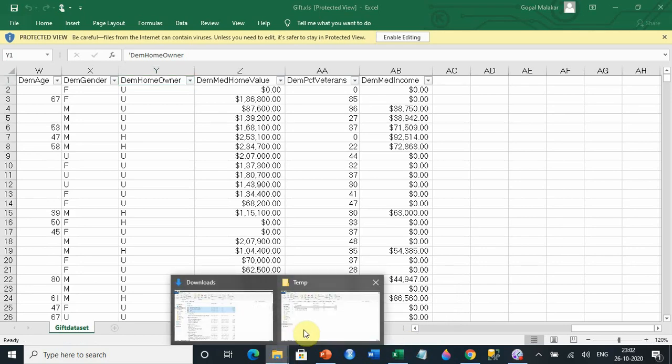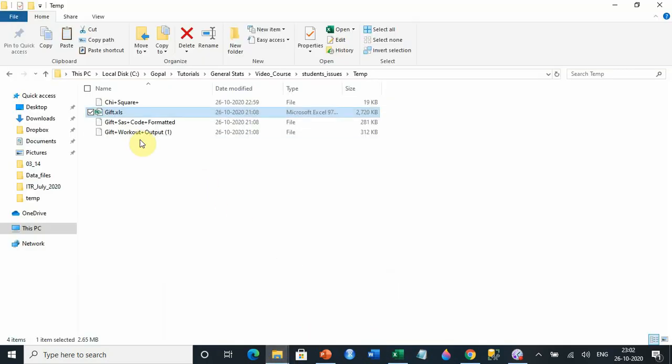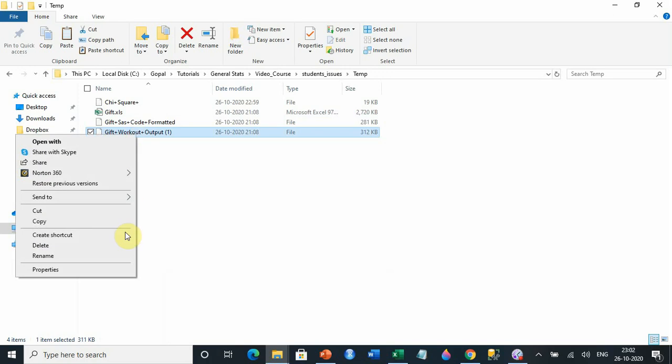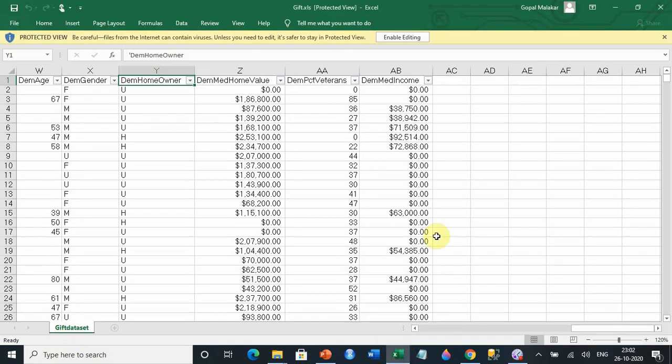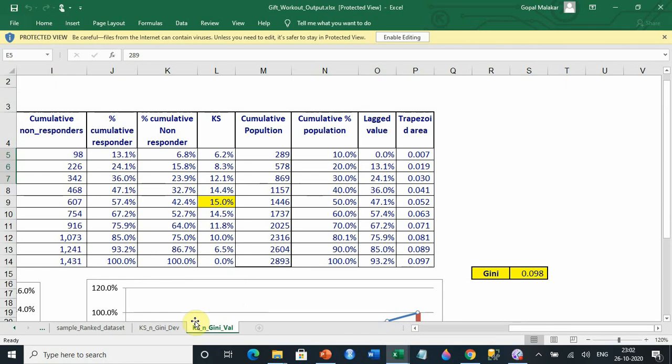Take a look at the other XLSX file. This is the XLSX file, meaning the latest format Excel file. Here I'm again replacing the plus with an underscore, and at the end I'll put XLSX. You hit enter here. Now you just double click, and it should open without any issue. It has come perfectly, right? All the tabs and everything are visible.